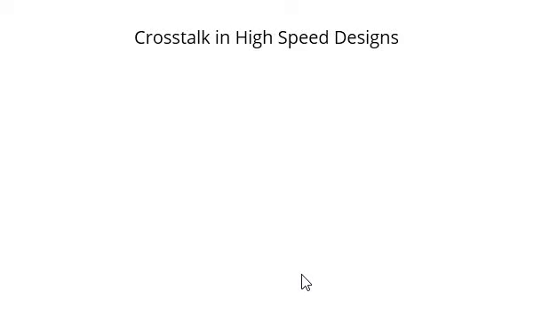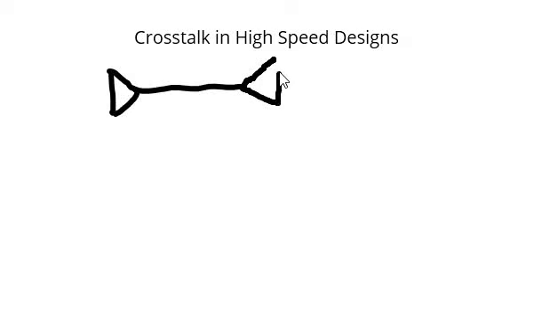One of the common problems seen in high-speed designs is crosstalk. Crosstalk occurs due to the unintentional coupling of energy from one signal to another. Let us assume there is a driver and a receiver and a trace that is